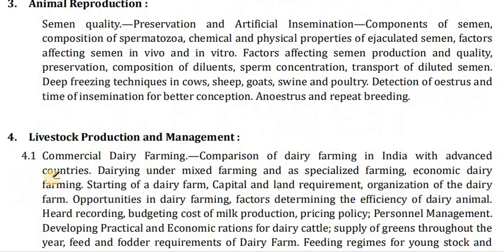Animal reproduction. Semen quality, preservation and artificial insemination, components of semen, composition of spermatozoa, chemical and physical properties of ejaculated semen, factors affecting semen in vivo and in vitro, factors affecting semen production and quality preservation, composition of diluents, sperm concentration, transport of diluted semen,